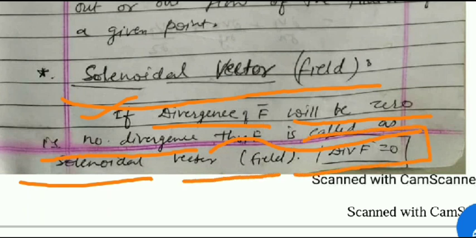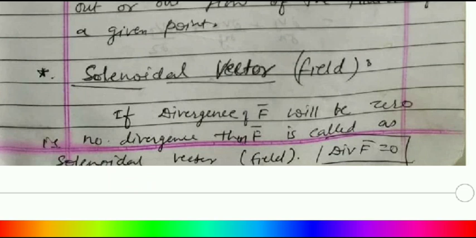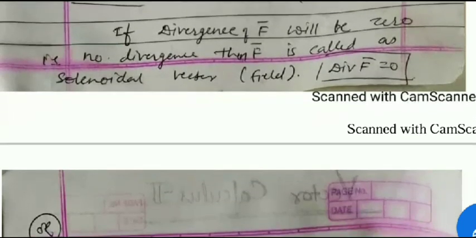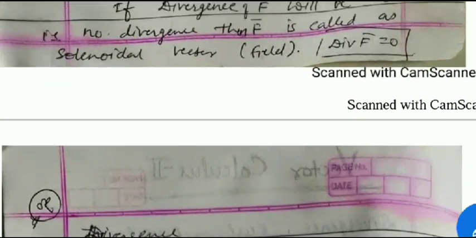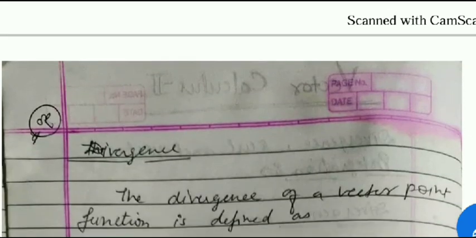That means divergence of f bar equals 0. Solenoidal means del dot f bar is 0, or divergence of f bar equals 0, then this vector point function or vector field is called a solenoidal field or solenoidal vector.